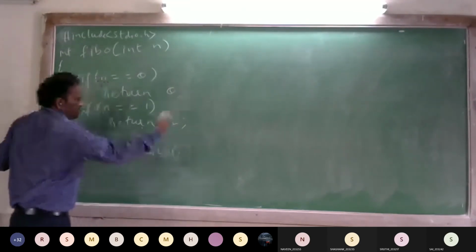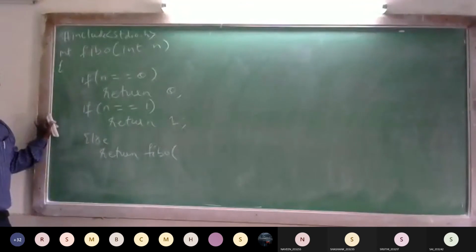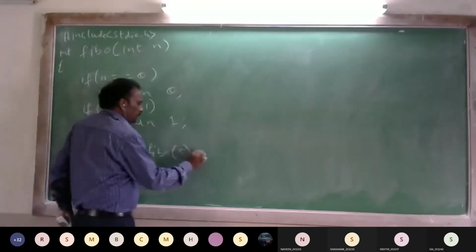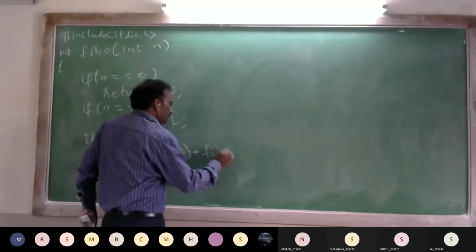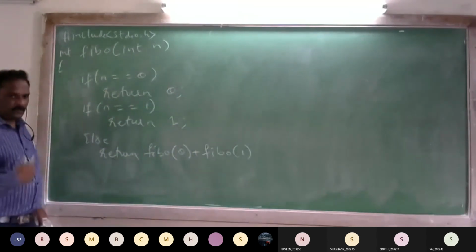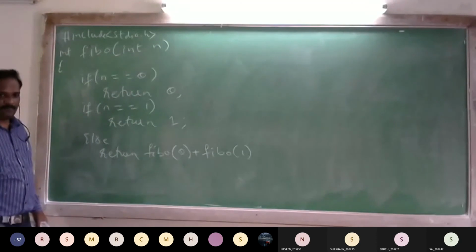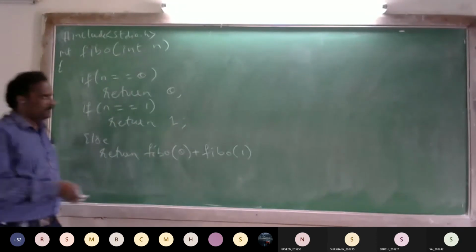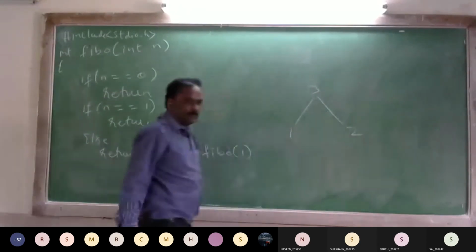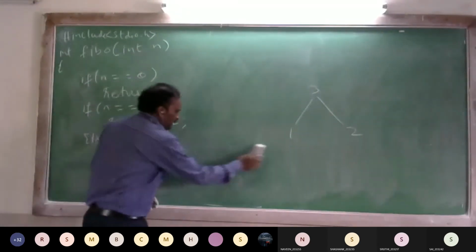FIBO. Now suppose that you want to calculate for Fibonacci of 2. What is Fibonacci of 2? Fibonacci of 0 plus Fibonacci of 1. If I want to calculate Fibonacci of 3, it is Fibonacci of 1 plus Fibonacci of 2, right? So, in general,